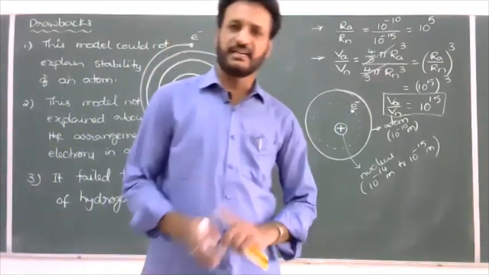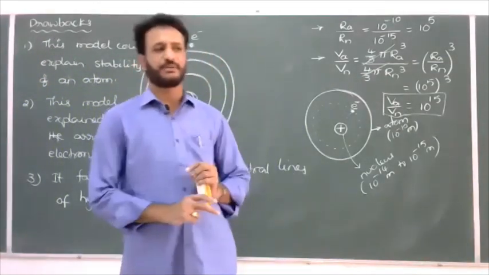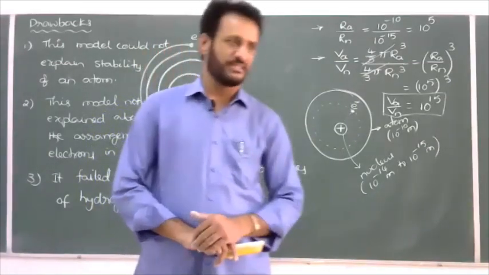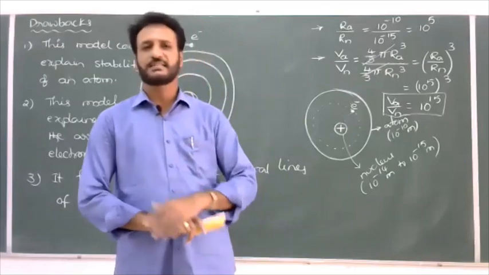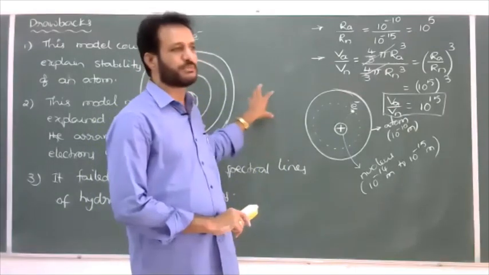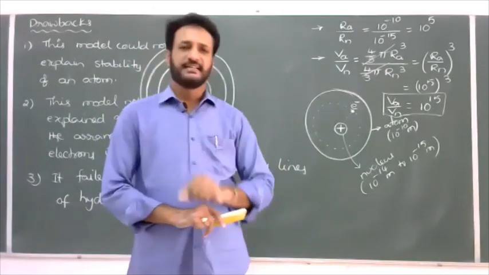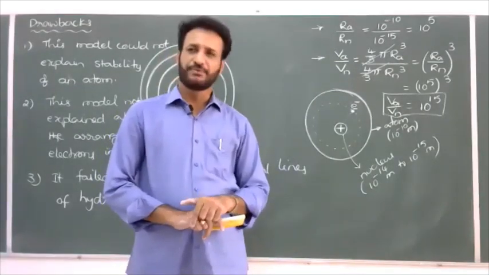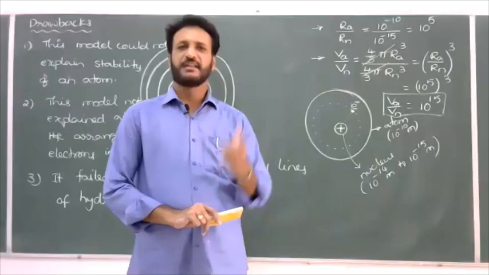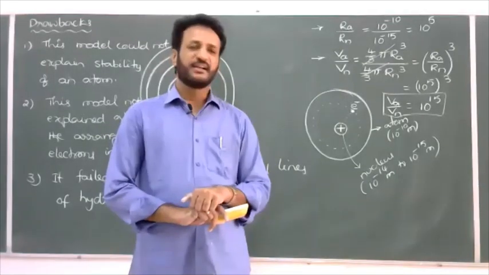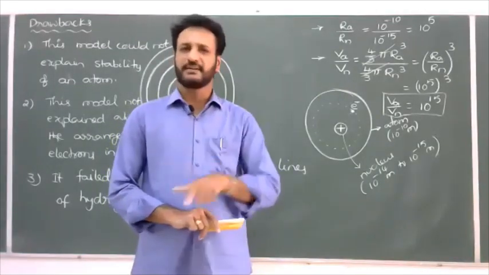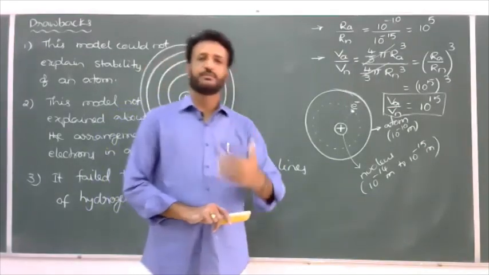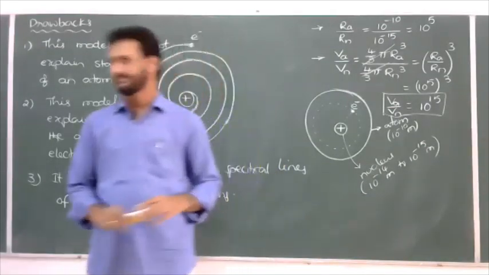So what are the postulates and what are the drawbacks of the Rutherford model? It may be asked sometimes as a 5-mark question or sometimes as a 3-mark theory question. In tomorrow's class, we'll discuss, using Rutherford's model, how to find an expression for the radius of the circular orbit, the expression for the velocity of the electron in that orbit, and the total energy of the electron in a particular orbit. We'll derive the formulas, and after the derivation we'll go to Bohr's model of the atom. Okay, thank you.